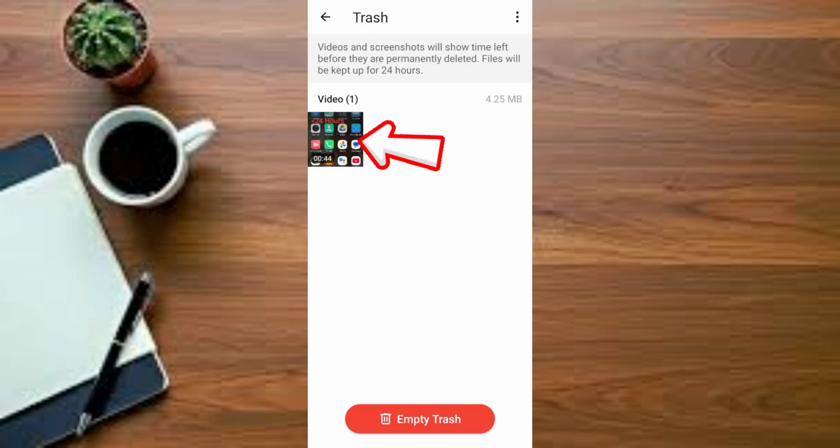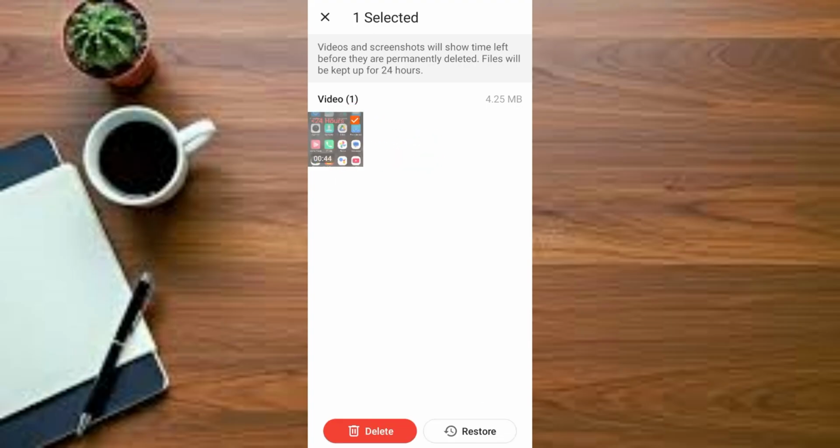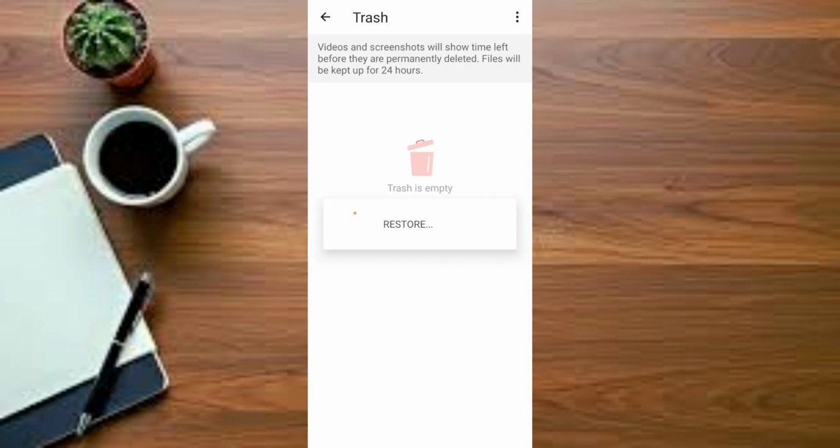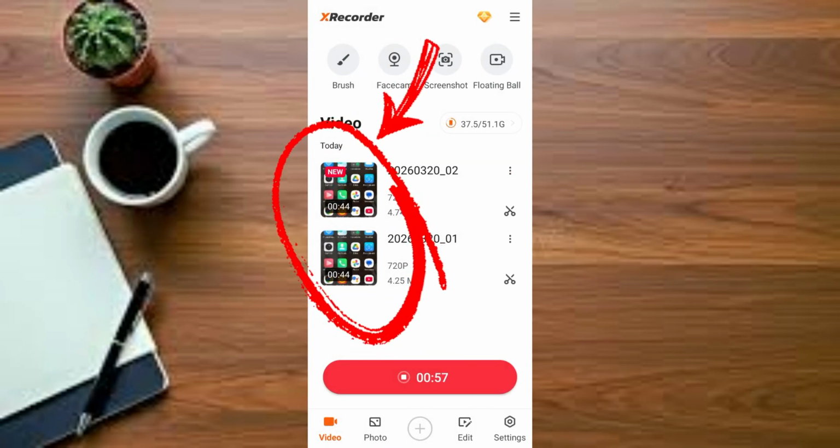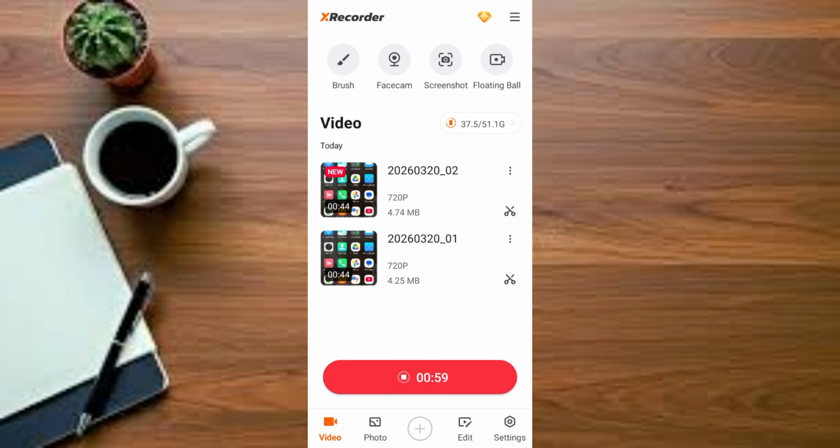You see here, guys, then tap on the video like this and hold, or tap and hold for a few seconds. You see this option that says delete and restore. Tap on restore. Once you tap on restore, the video will be restored to the video timeline on the XRecorder Screen Recording app. So this is a simple process, guys, on how to restore deleted video on XRecorder Screen Recording app